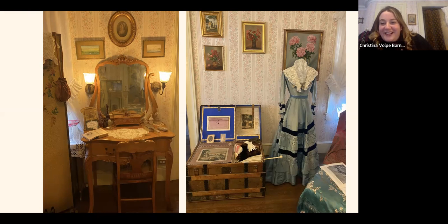I need a coffee. But what we like to show in this room, and that's in the dressing room, the room that we're in right now, is this ornate trunk, a trunk that they would have likely taken with them either on their honeymoon or on a long trip. There's hand painted details in the trunk. What she has in there is the family Bible. Her and Norman, who just got married, they got married in 1873, a pair of gloves, a muff, an umbrella,